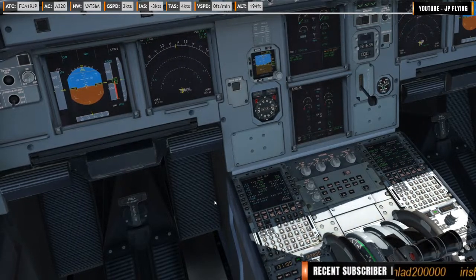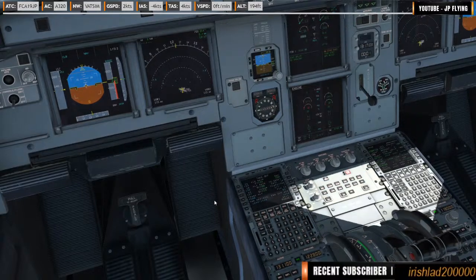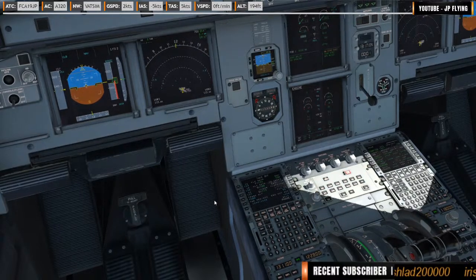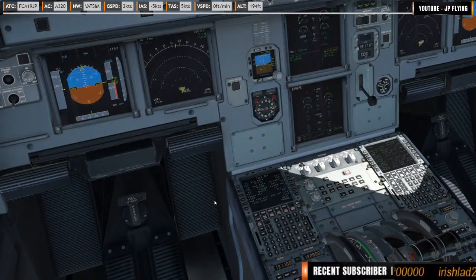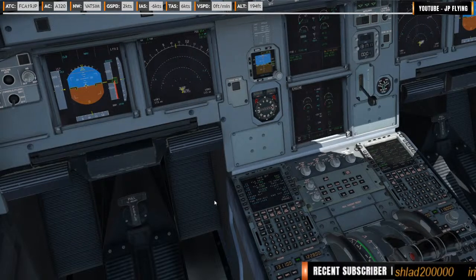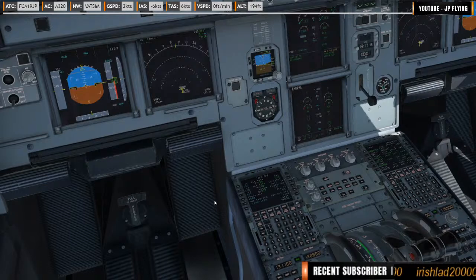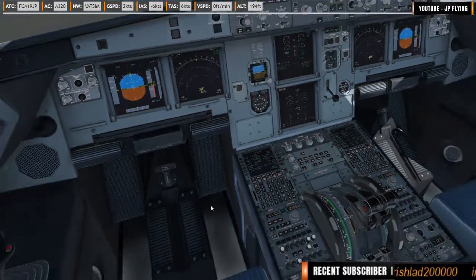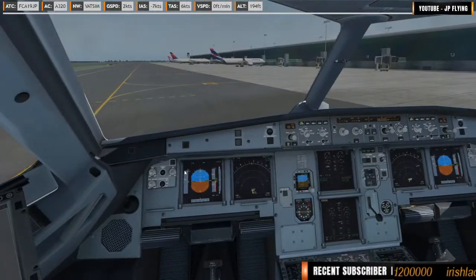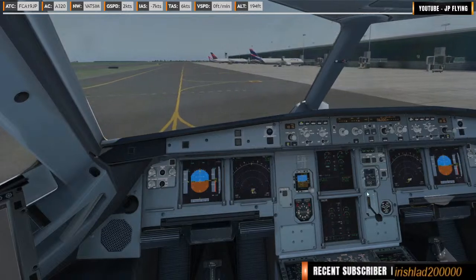Again for 803, direct to Polen, descent to level 210, Easy 8803. Wings 581, contact Langen on 135.65, bye-bye. 135.65, Wings 905. We're looking for these starts in under 2 minutes, so